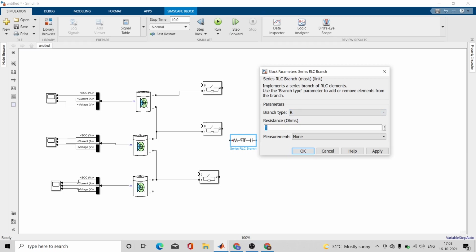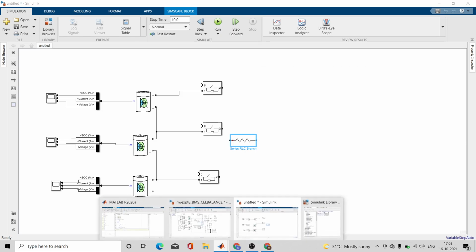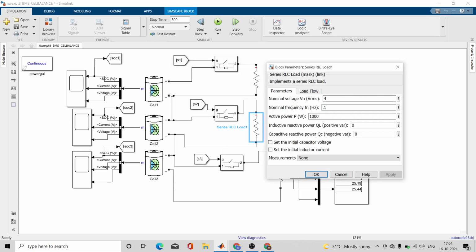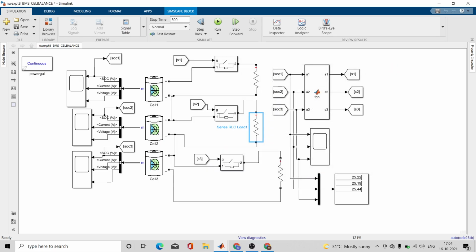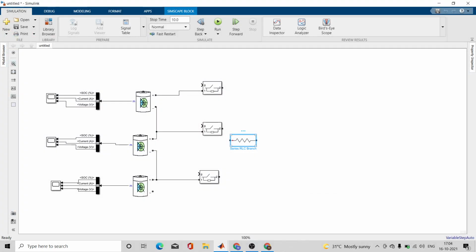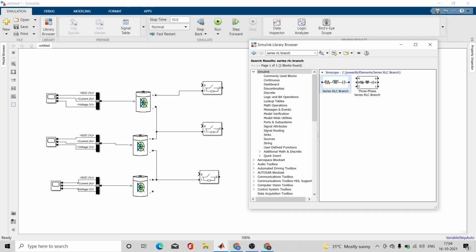Series RLC branch, put it, select only resistor, and let us take the resistor of 4 ohm. Let me check what I have actually taken over here. Oh yes, okay. One more thing that I want to tell you is that instead of taking series RLC branch, you will take series RLC load, because here we know the power instead of the values.